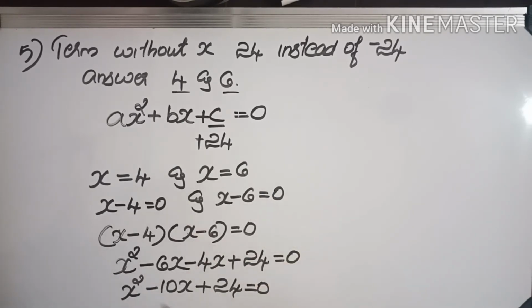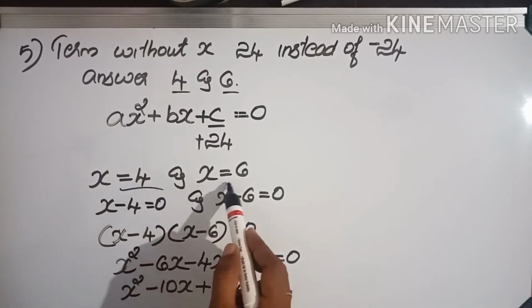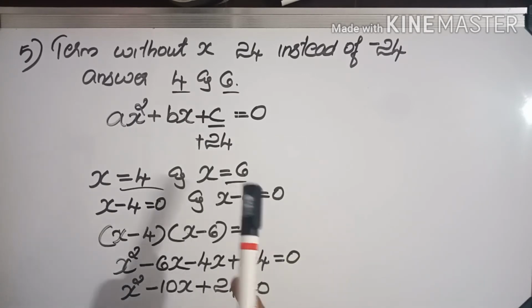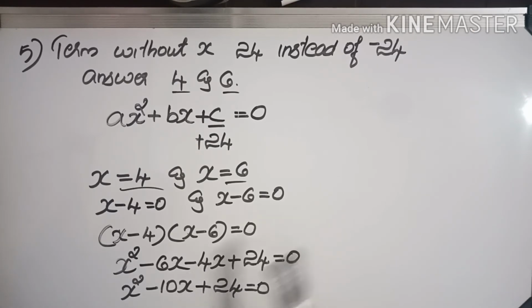That means that is the wrong second degree equation for these two solutions, x equal to 4 and x equal to 6. Now when you solve this equation using the formula x equal to minus b plus or minus root of b square minus 4ac, you will get the same answer, x equal to 4 and x equal to 6. So now we got the wrong equation. Now in order to get the correct equation, what do we need to do? Just change this number. Instead of plus 24, we need to write minus 24. That is the only one change.